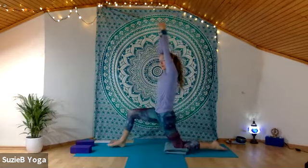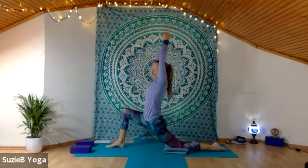Bring your hands together, Kali Mudra. All the fingers are interlaced. And then bring your pointy fingers together and reach them up towards the sky. Reach your fingers up and sink the hips down. Gently pull the belly button in to protect the lower back. Anjaneyasana. Inhale. And as you exhale, open the hands, palms face forwards, bend the elbows, squeeze the shoulder blades together,